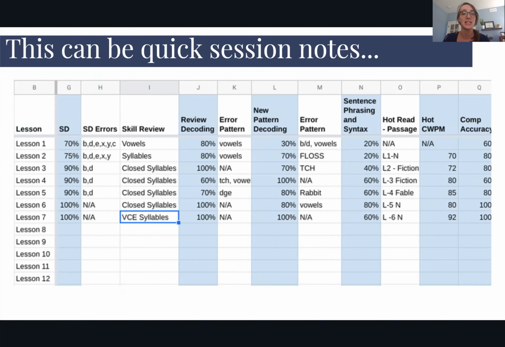It doesn't need to be anything too long, but it does help parents and administrators start to feel like, all right, you got this covered, everything's fine. I don't need to check in with you because you're checking in with me on your time. So this is a great way to do it. The good thing about this is it's just a Google sheet or an Excel sheet that you can just drop right into those Google folders. And so parents can just log in and take a look at any time. So that's a